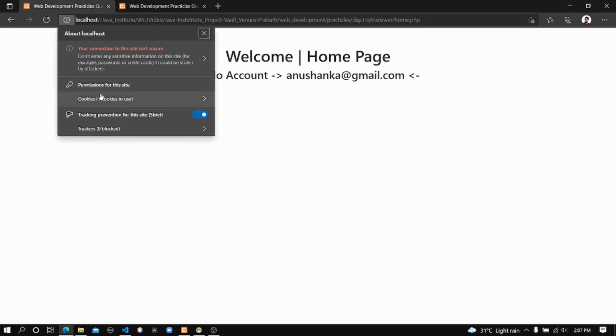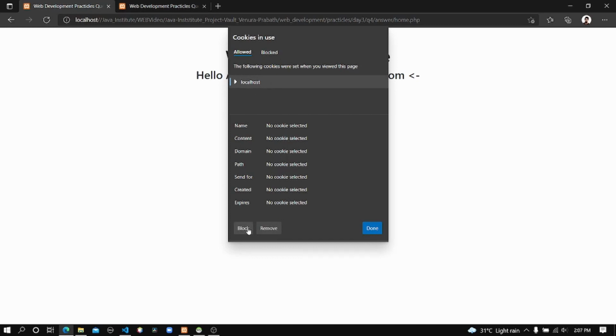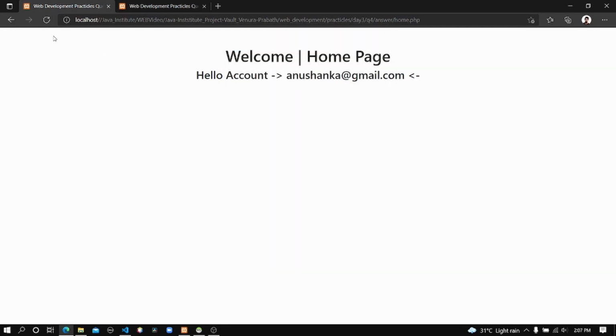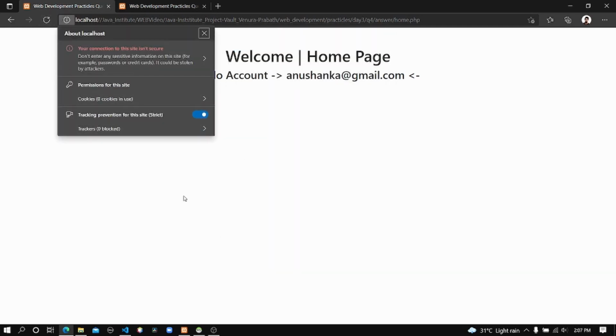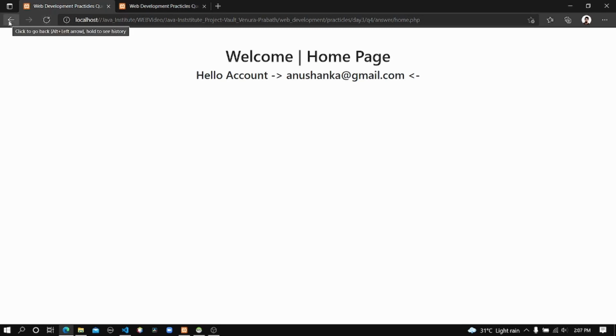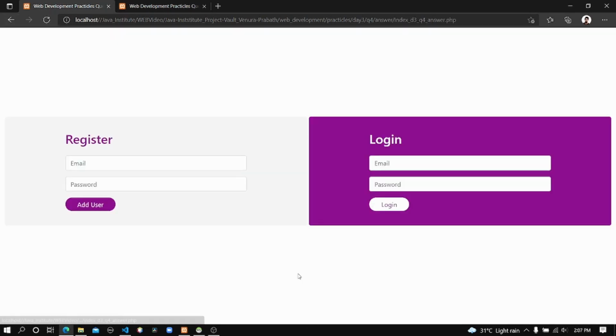Let me clear this cookie called PHPSESSID. I'm going to remove this whole localhost folder. Okay, I removed it, you can see there's no cookie here. Now I'm going to go back. You can see when I click on this button, I can go into the login page as usual. When I log in with the correct credentials, it will not allow me to go back to the login page because I already logged in. Okay, that's how that part works.